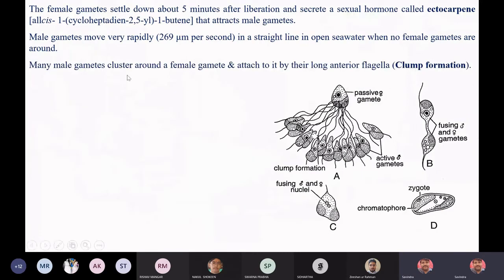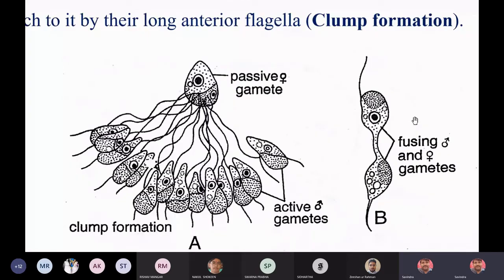And many male gametes cluster around a female gamete and attach to it by their longer anterior flagella, and they will make a special structure which is known as clump formation. Please note down this. Almost every year, directly or indirectly, the examiner is asking to write a short note on clump formation. So what you will say: in Ectocarpus, when female gametes get released from the female gametophyte, it